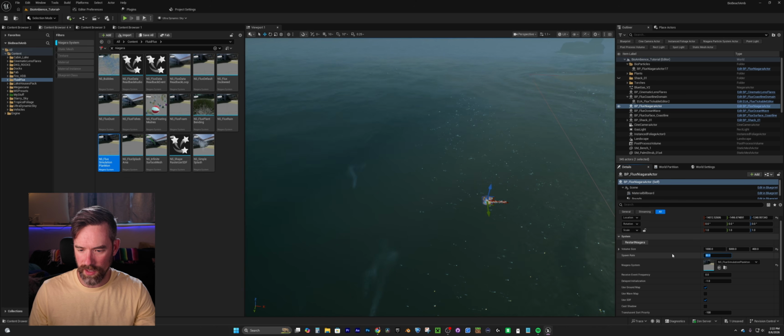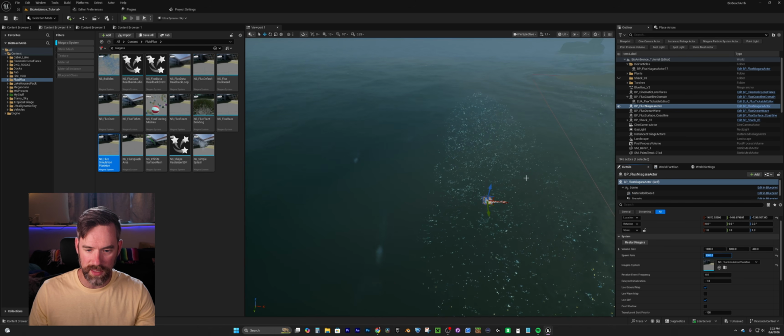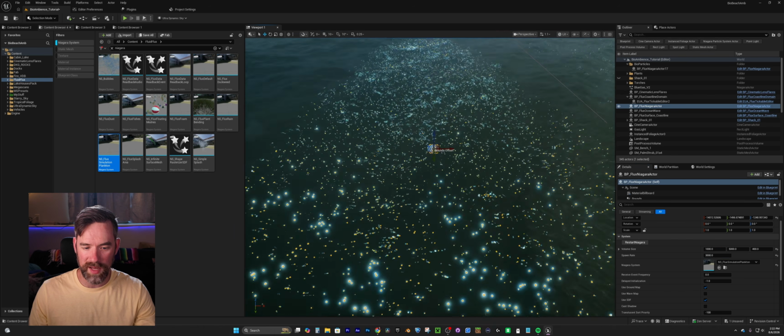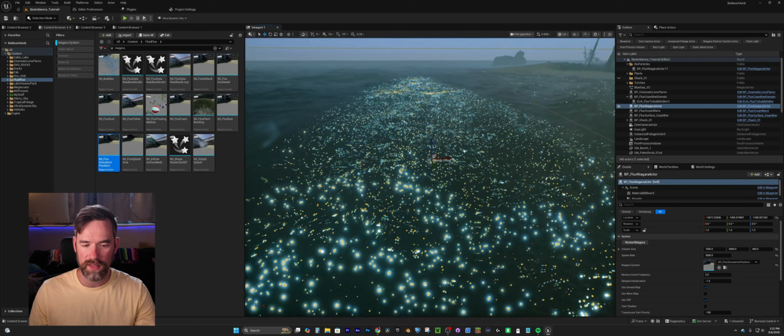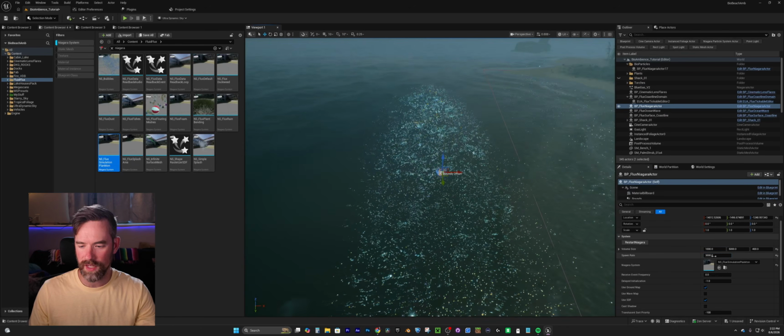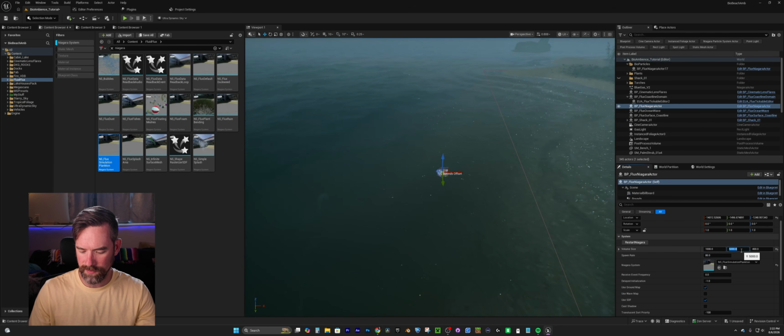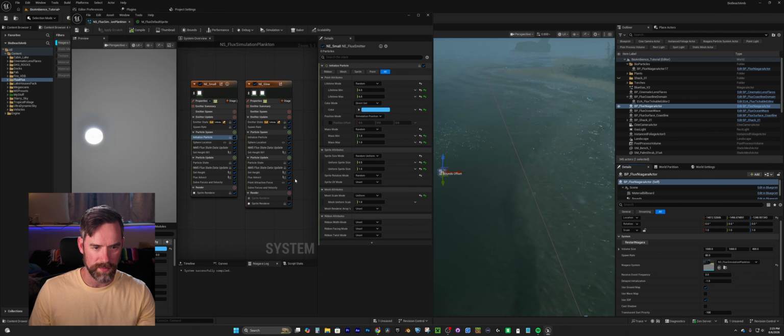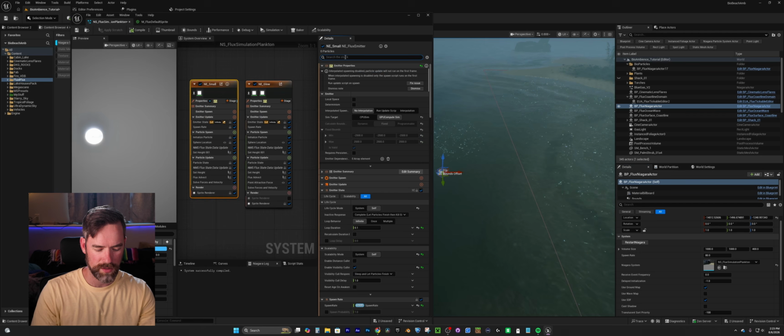And if you control the spawn rate like this, going from 80 to like 3,000, you'll see there's way more particles. So if you wanted a lot more here, and your computer can handle it, that is how you can do that. For now, we're going to set this back to 80 and 1,000. And we're going to go back into that Niagara system, and we are going to search for